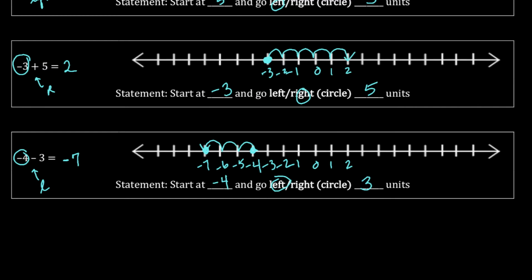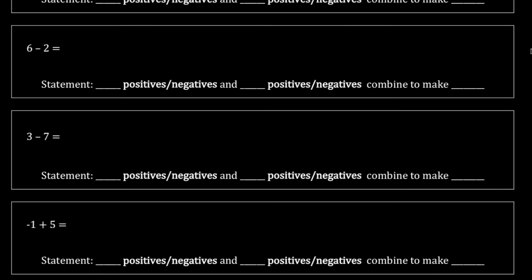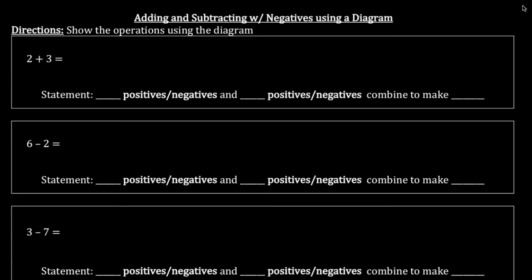Okay, let's go to the second part of this. We're going to add and subtract using a diagram. Basically, we're going to use this thing called zero pairs. So 2 plus 3, once again, we know that this is 5. Now, normally,